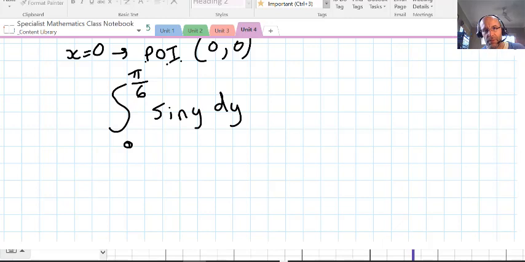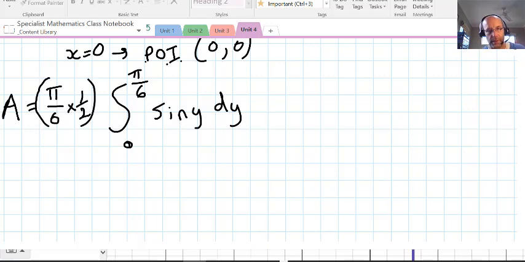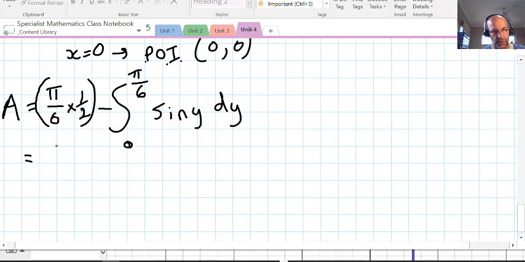So to give us the black area we just saw on the graph, we integrate the sine y dy between 0 and pi on 6. To give us the rectangle that I referred to in red, we have to go pi on 6 times a half. So have another look at the diagram, scroll back if you need to. So we go rectangle, subtract the integral of sine y dy in those limits, and we get pi on 12